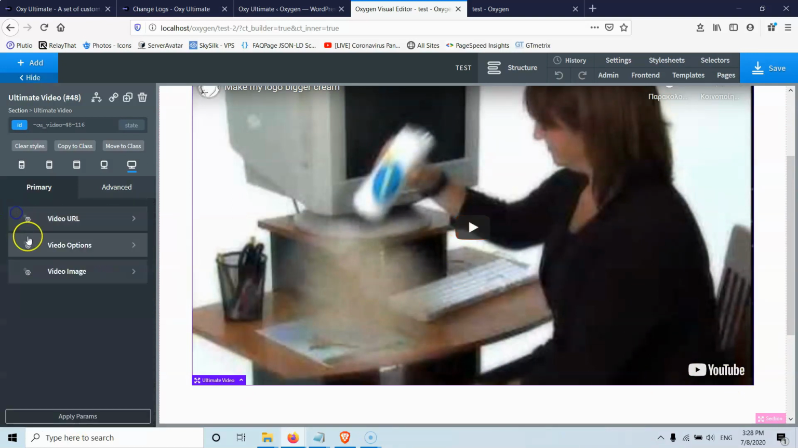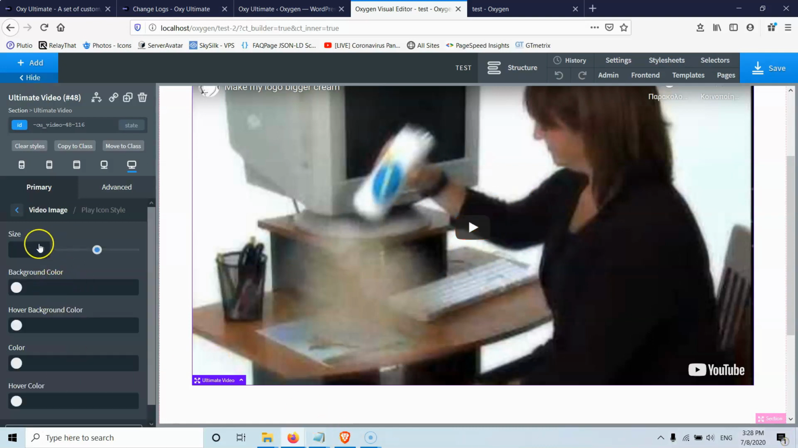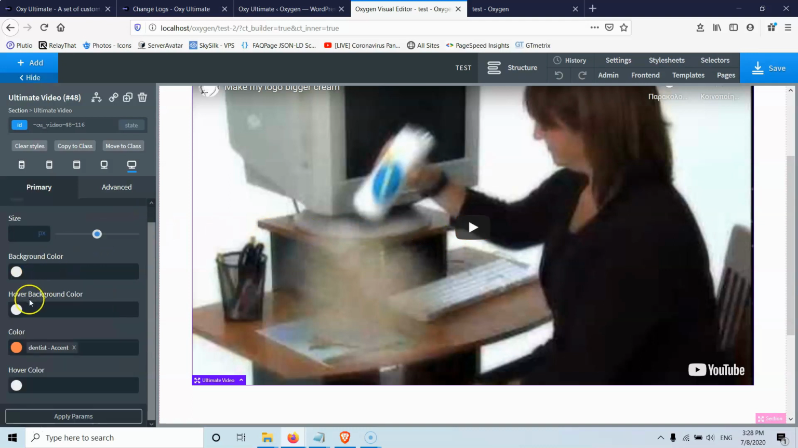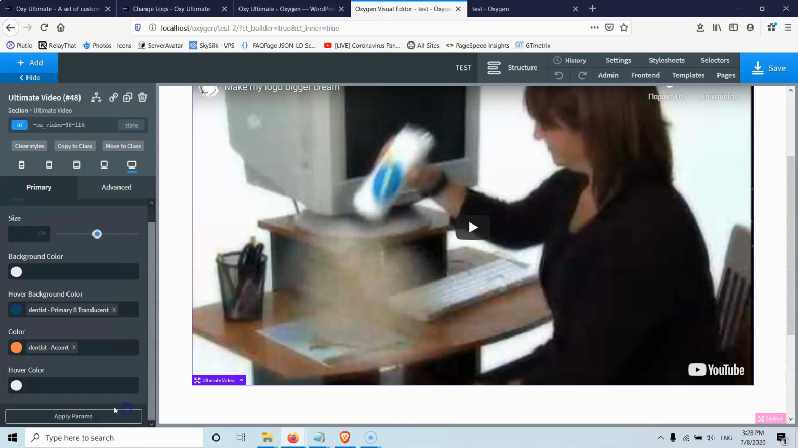Let's go back and we will see that we have also video image, so we can have some custom thumbnail instead of the thumbnail that YouTube pushes to us. So we can have also some play icons. We can have different sizes, background, hover background for here. The color could be anything else. So let's add something like this one. And this is the color, and this is the hover background color, like this. And when I hit apply,